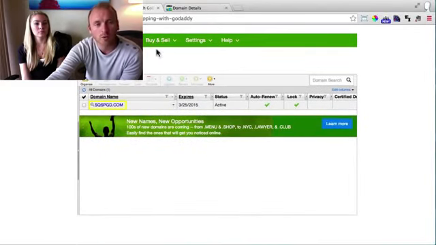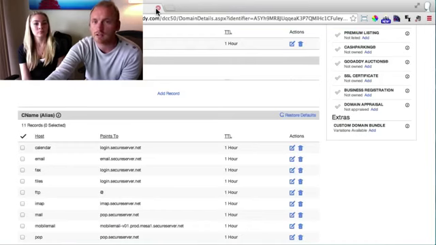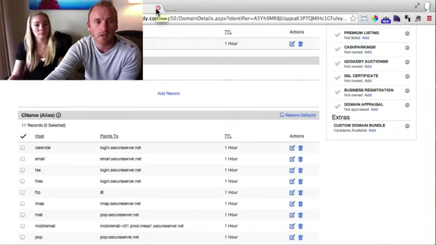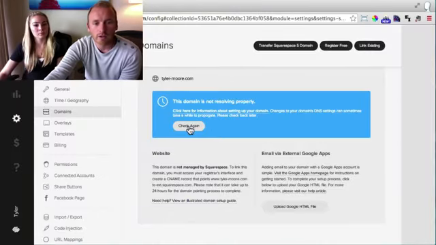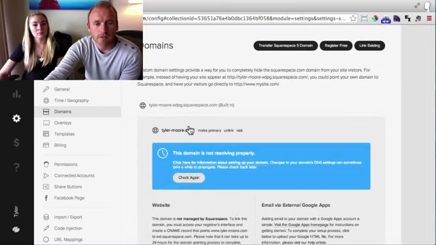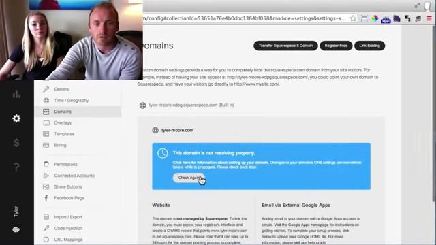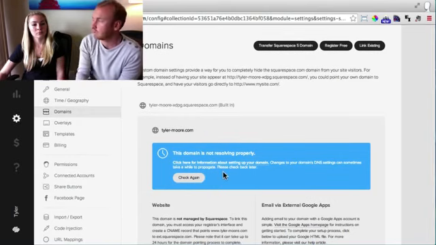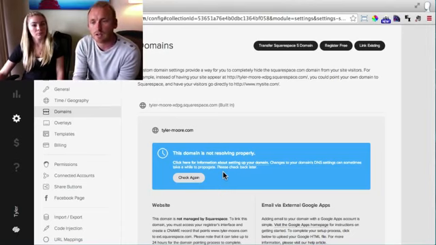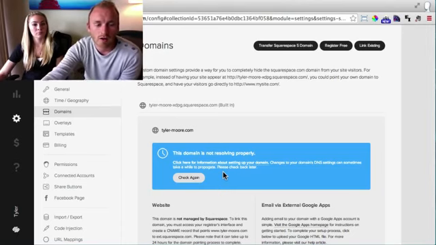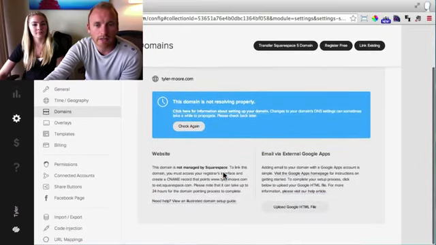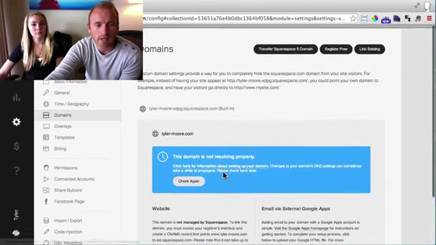So once you go through all those instructions, if you get lost, you can contact customer support. You're going to want to click check again, and if it's not resolving properly, you're going to want to wait about 2 hours until it does resolve properly, and then it'll start to work. And if it doesn't, contact customer support. They'll be more than happy to walk you through it step by step. All right, so we're going to check in a little while and see if it's working,